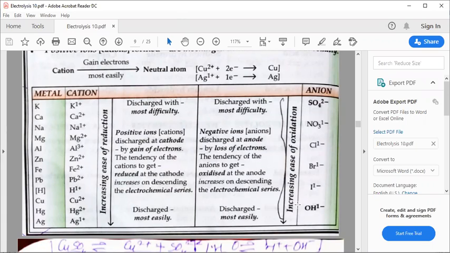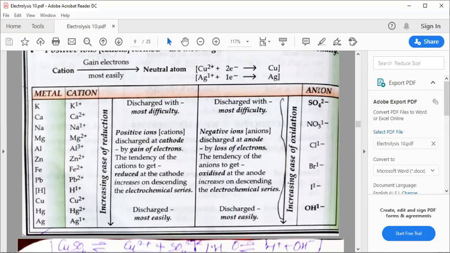मैंने आपको पहले ही बोला था, जैसे क्लोरीन. क्लोरीन क्या है? Chlorine is 1 minus, that means it is having excess electron. So it wants to give away that electron and become neutral. In this case, the sulfate anion cannot give that electron easily. It is not able to discharge that electron easily, whereas the hydroxyl ion is giving away that electron easily to the anode.